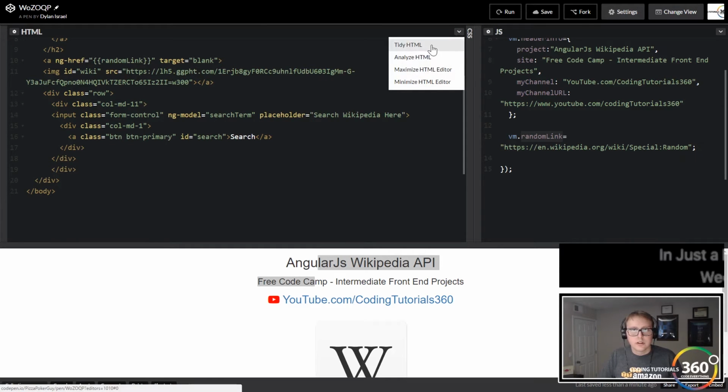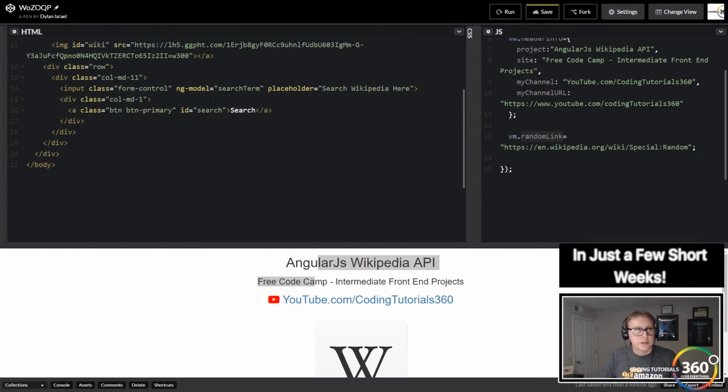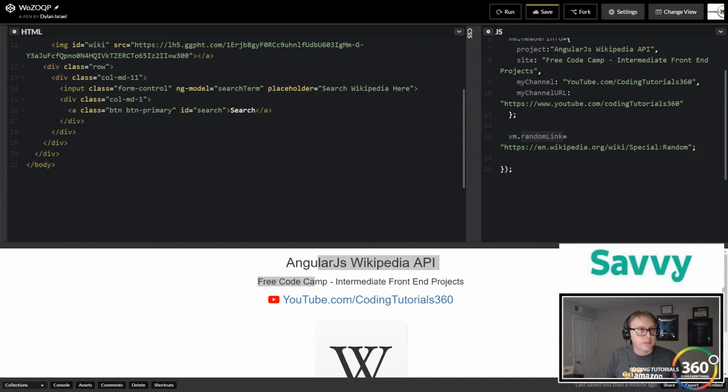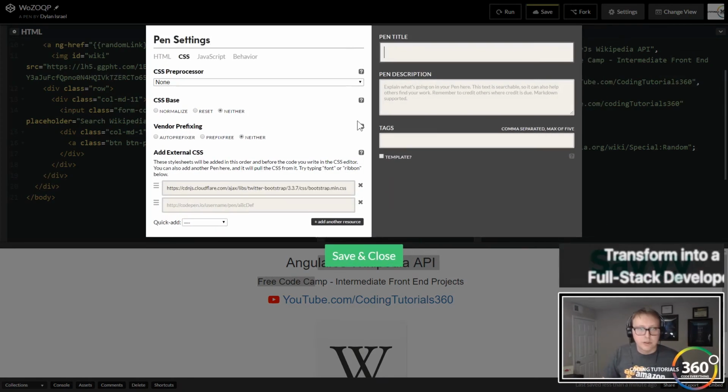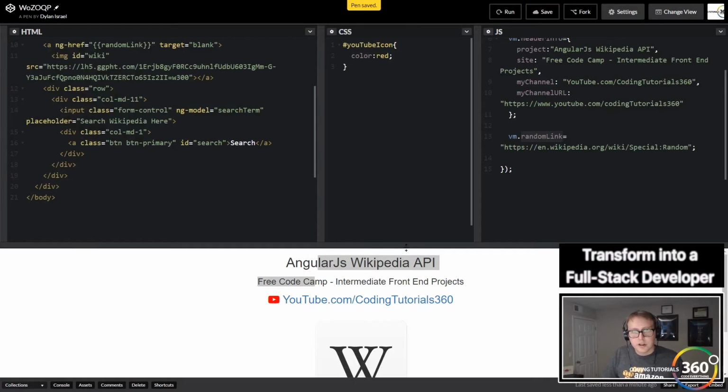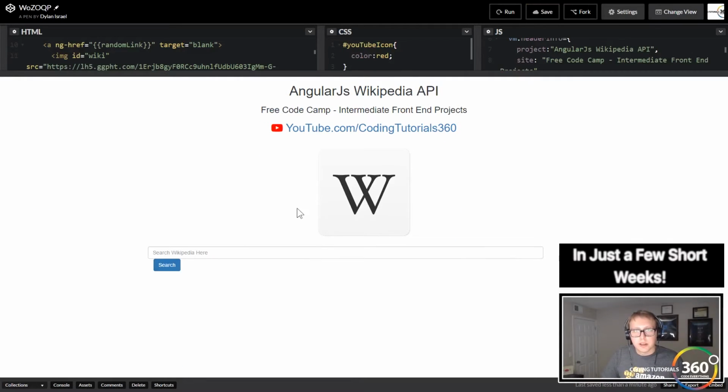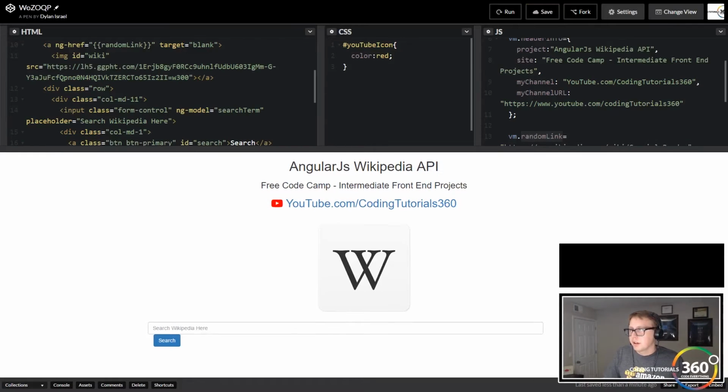Let's go ahead and tidy our HTML a little bit. So this div goes here, this div goes here, this div goes here, this div is controller. So div class is equal to row. Did I not import Bootstrap? I did. All right, let's not worry about that too much, and we'll get back to why this isn't working properly